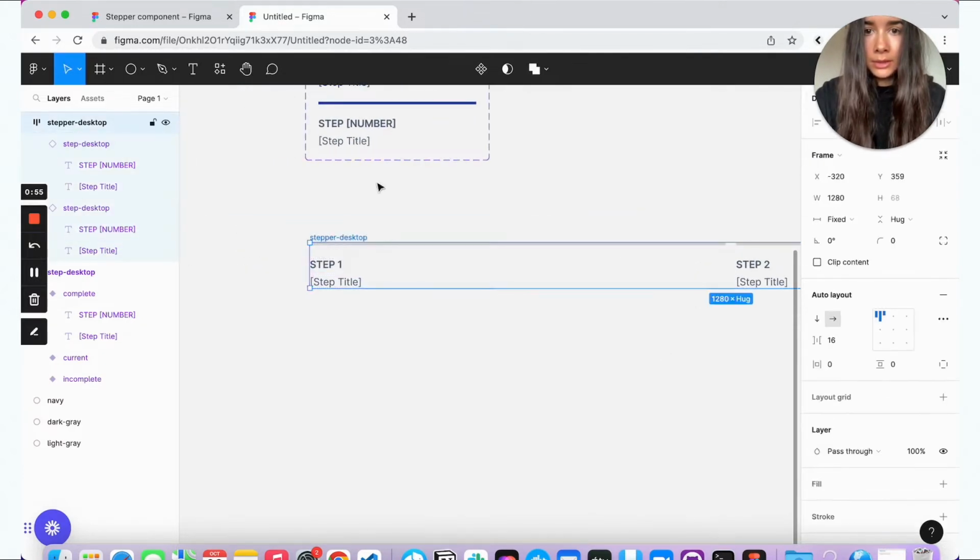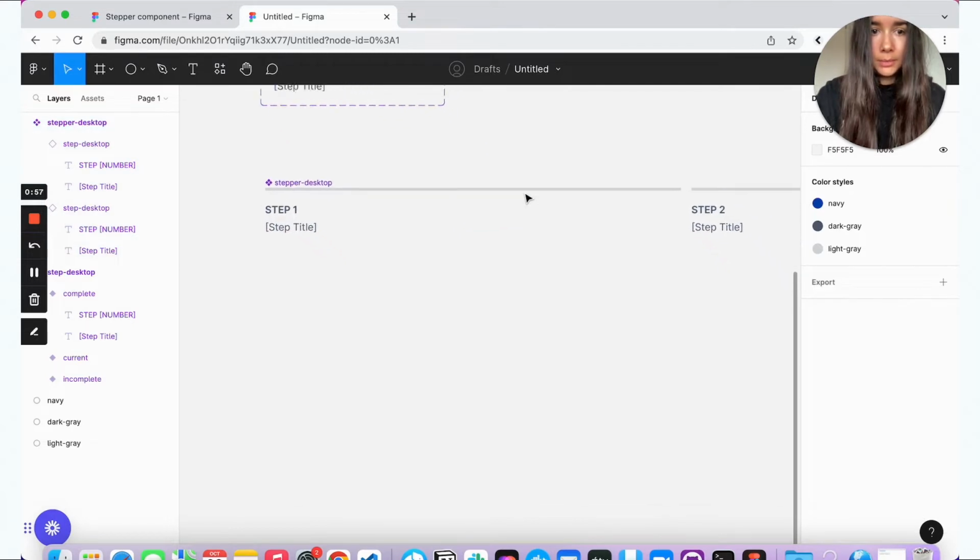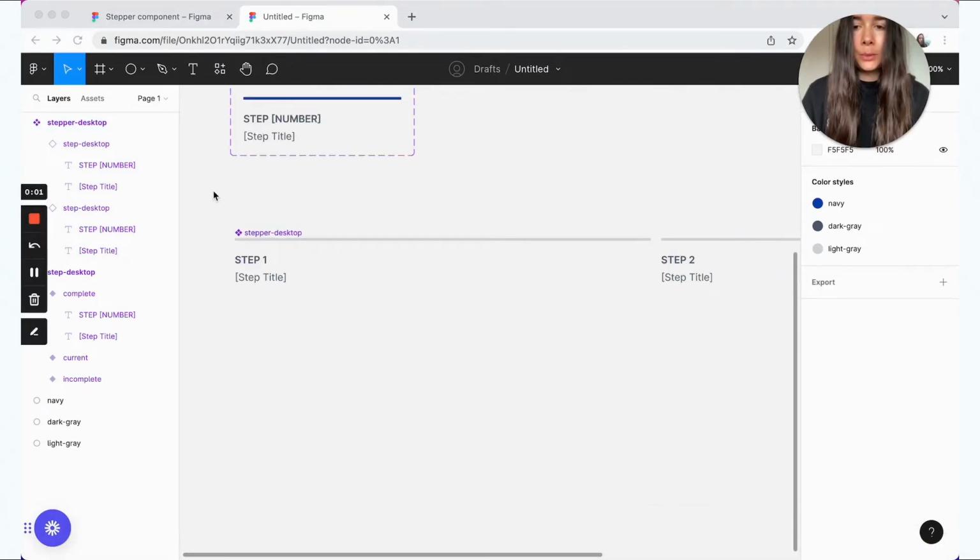And we can turn this into a component. So now we're going to create a couple more variants for the desktop stepper with a different number of steps. This is a little bit of a tricky question for the design system person, because you never really know how many variants you need. Fortunately, with something like the stepper, we can actually use this as a way to set some boundaries.